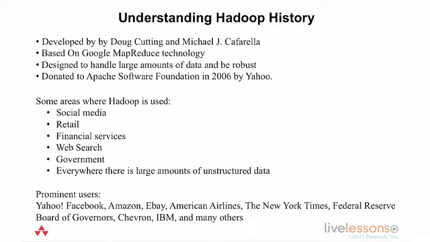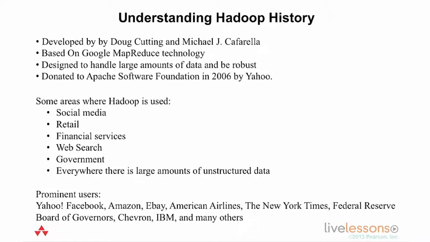Hadoop has an interesting history. It was developed by Doug Cutting and Michael J. Cafarella. And interestingly, Doug Cutting's son had a toy stuffed elephant which he named Hadoop, which Doug then co-opted for the whole project. Hadoop is based on the famous Google MapReduce technology that they've implemented to do their web indexing and searching. The idea behind Hadoop, however, is to have an open source, community-based big data application that can be used for doing